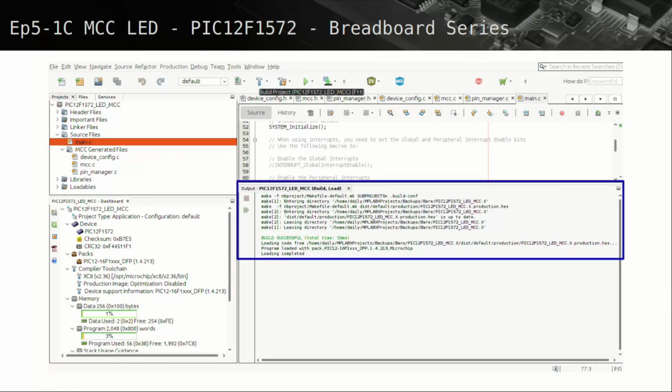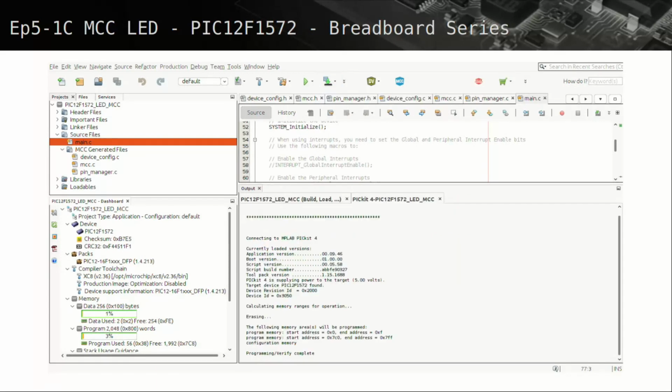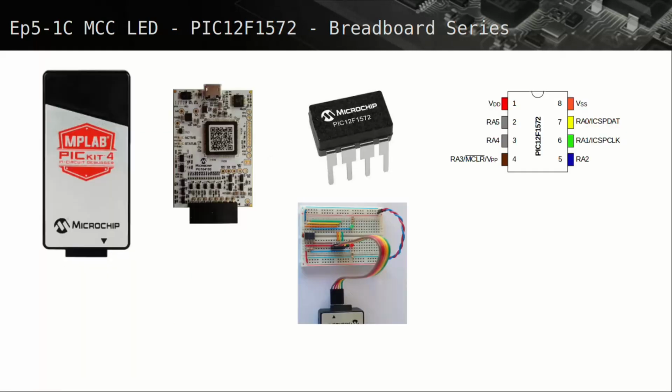We can build the project, and depending on which programmer you are using, the programmer power can be set to supply power or not. MCC sets the PICkit 4 to not supply power by default. So for now I have adjusted the power options for the PICkit 4 to supply power, but I'm not going to discuss that here, as this has been discussed in the first assembly part of the tutorial, which can be referred to if needed. Once the device is programmed and the pin 5 RA2 LED is switched on successfully,